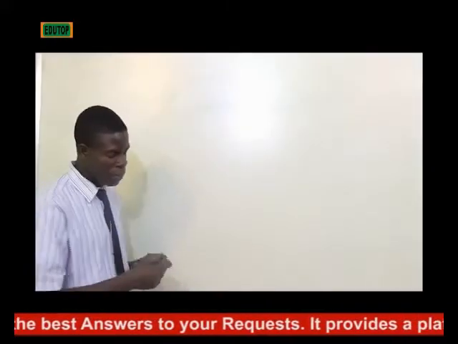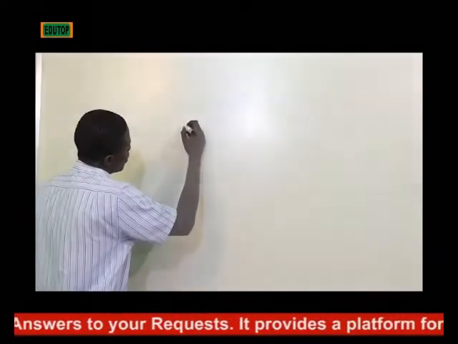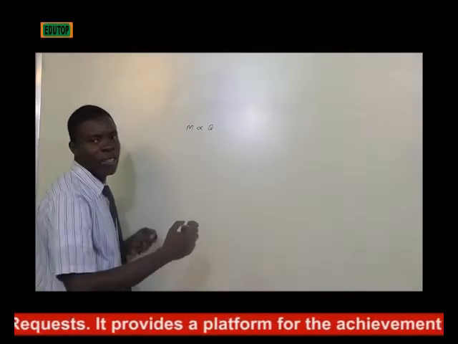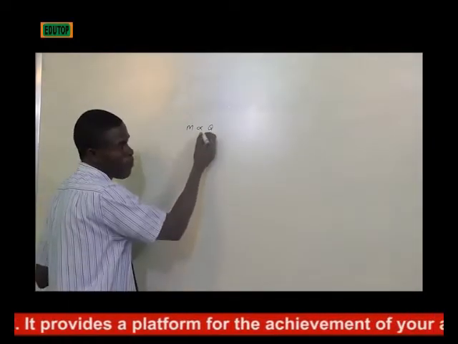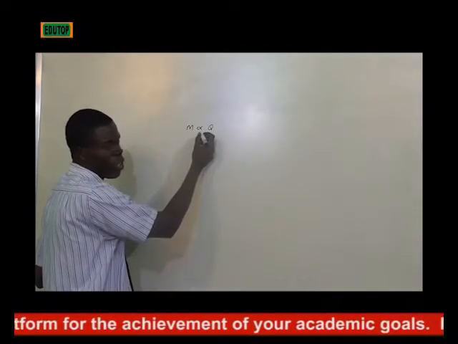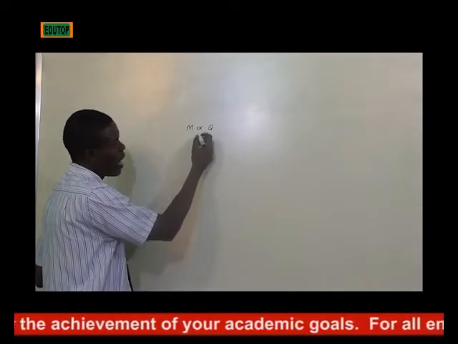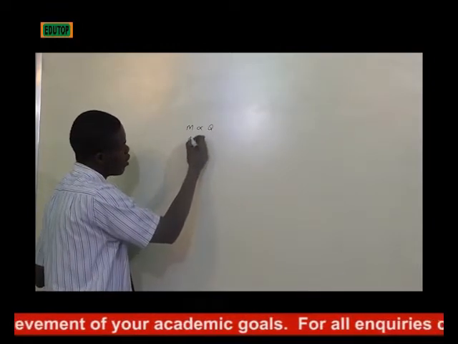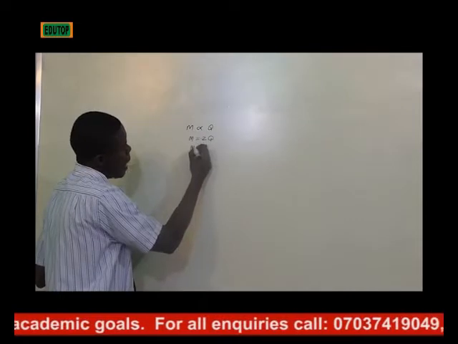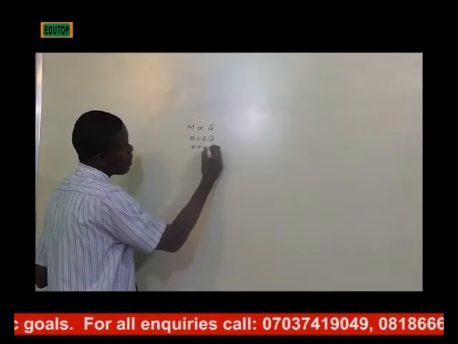What we are saying is that the mass is directly proportional to the quantity of electricity passed. So if this proportionality is changed to an equal sign, it goes along with a constant, where M equals the mass